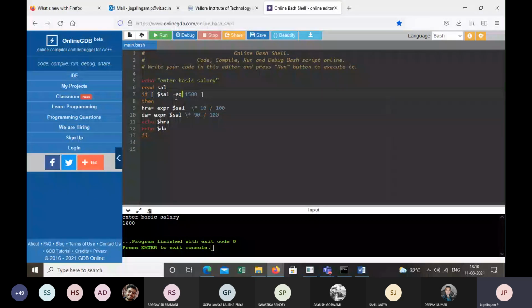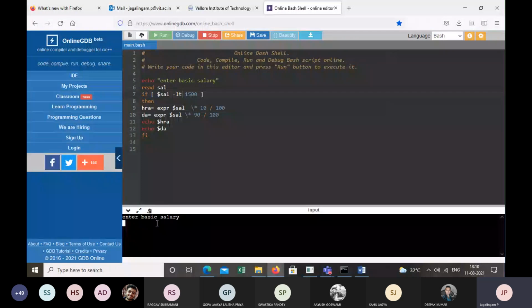So what symbol do you use for it? Hyphen LT. Good. Now this instruction will take only the basic salary which is less than 1,500.